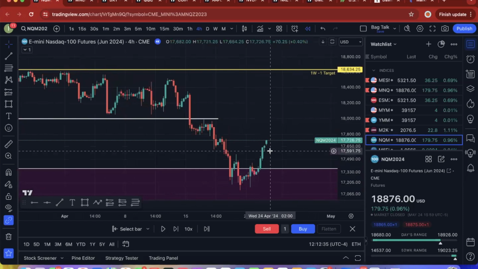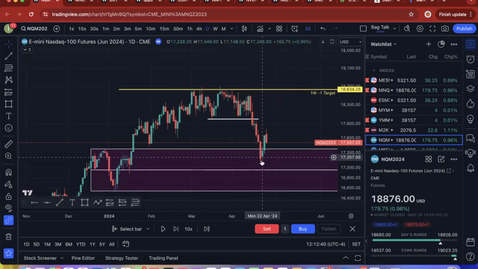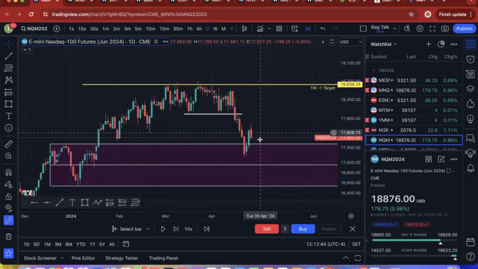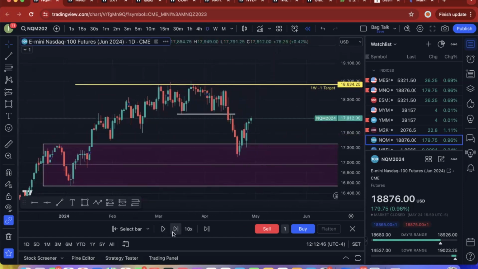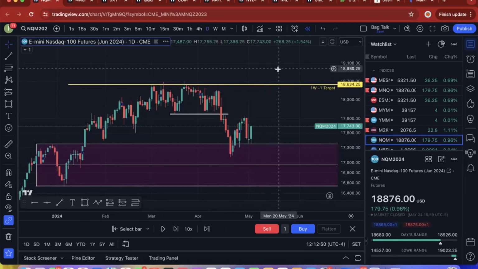And then now you see what's happening. All right. So now that we got to this POI, price is ready to start making moves to the upside. Now you had a little consolidation in this area. It wasn't the easiest area to trade. So we came back down before we ended up ultimately coming back up. But